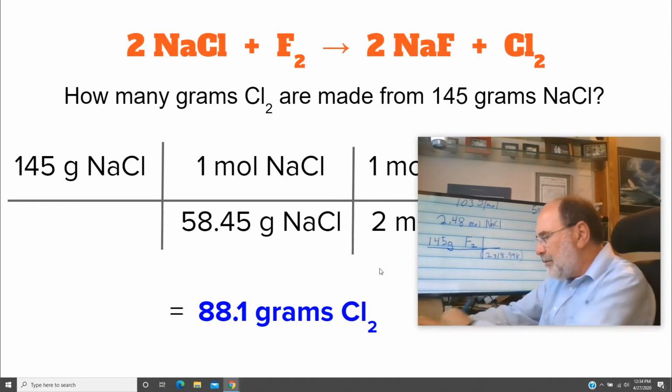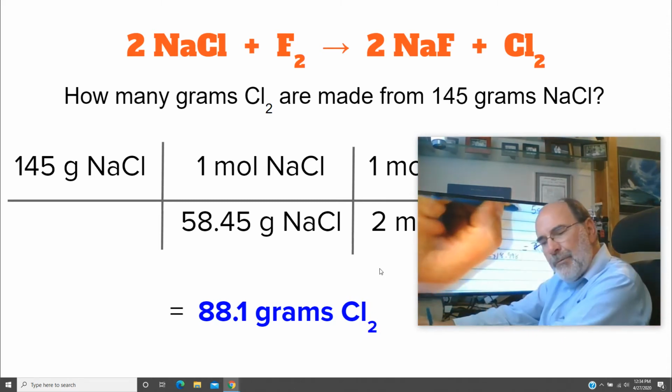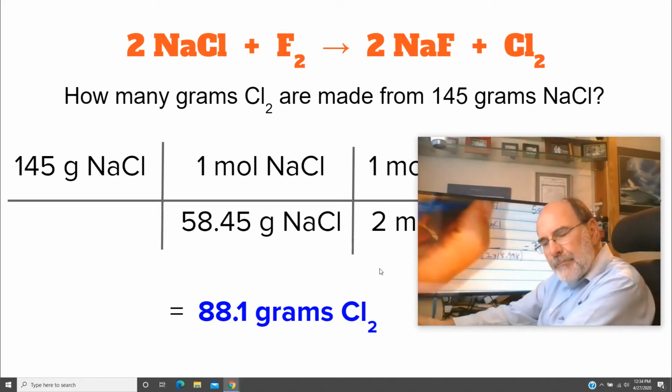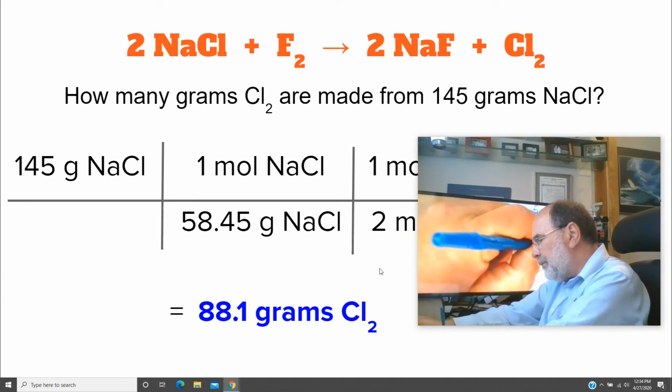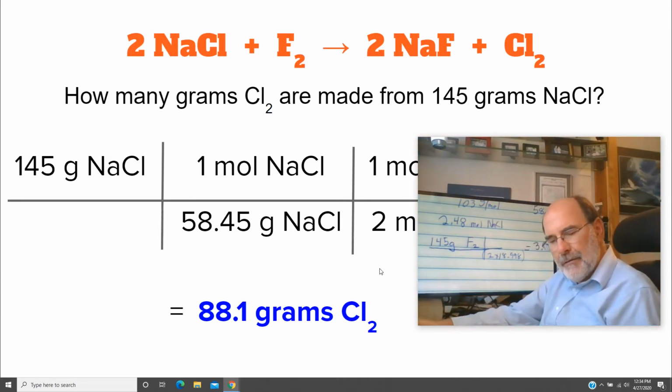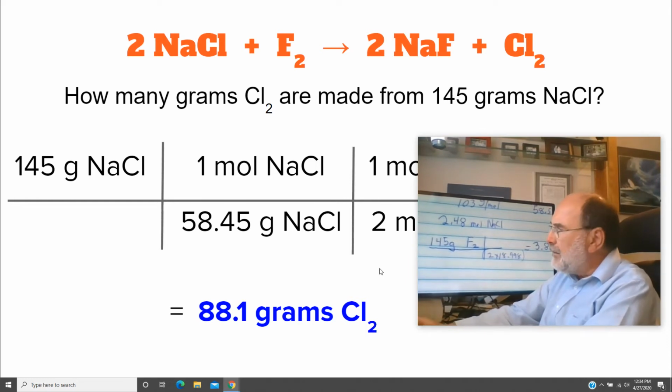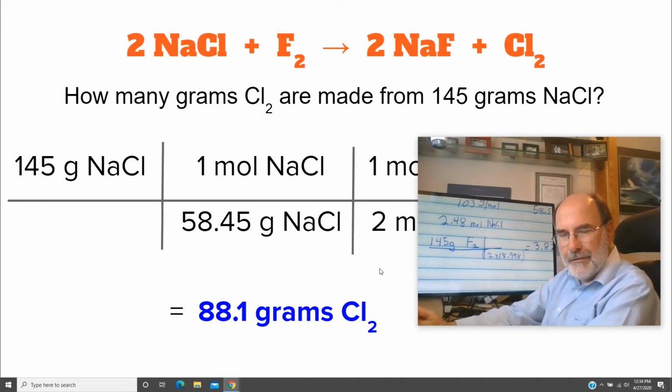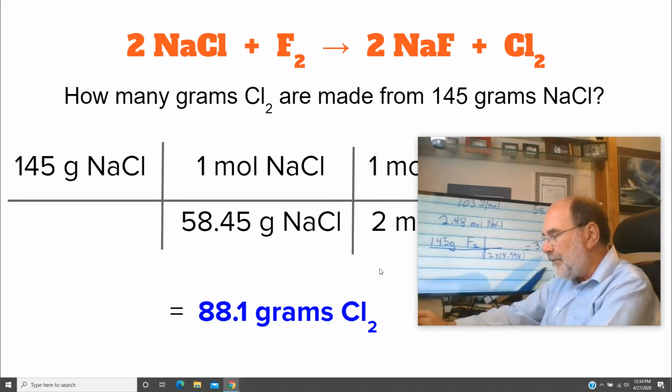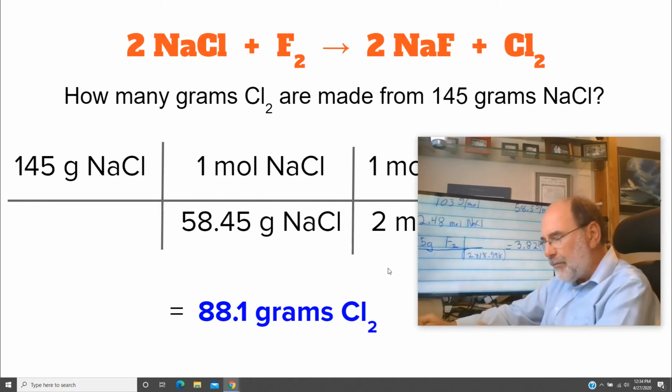So kind of in one fell swoop, this works out to be 3.82 moles of fluorine gas. So my question for you is, given that I'm telling you I'm starting off with equal quantities in terms of grams of sodium chloride and fluorine gas, and now having done the calculation that shows that means I'm actually starting off with 2.48 moles of sodium chloride and 3.82 moles of fluorine gas, my question becomes,